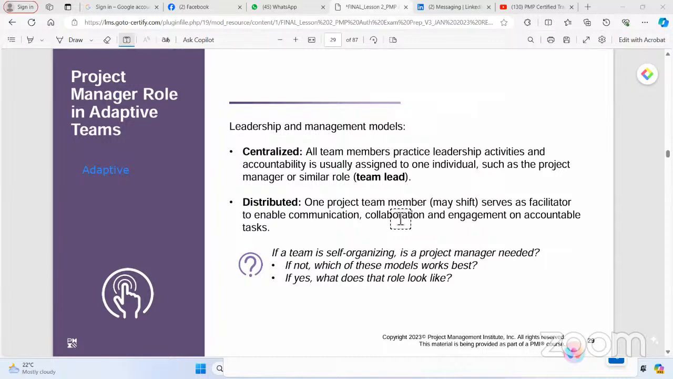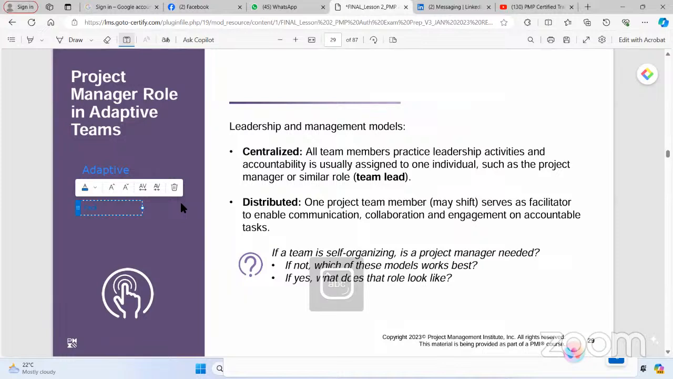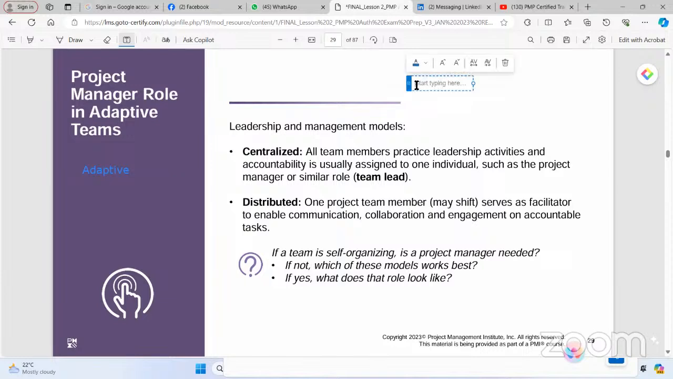If this is the situation, then the leader has a distributed team, and they have to master facilitation techniques. So the role of the leader to learn facilitation techniques is imperative. You will be required to know various facilitation techniques, how to run online meetings, how to collaborate in an online environment,